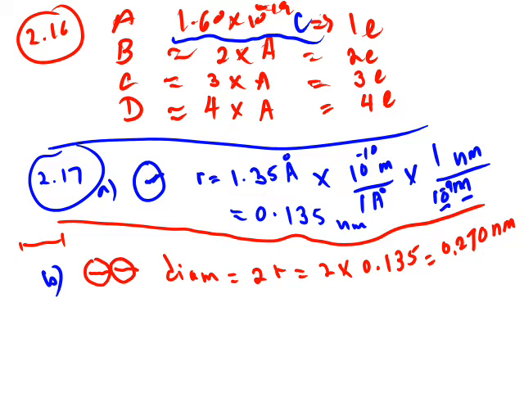So each gold atom is going to span 0.270 nanometer of distance. Now we're talking about 1.0 millimeter. So how many such gold atoms can you put side by side? Let me show you in dimensional analysis method, starting with 1.0 millimeter